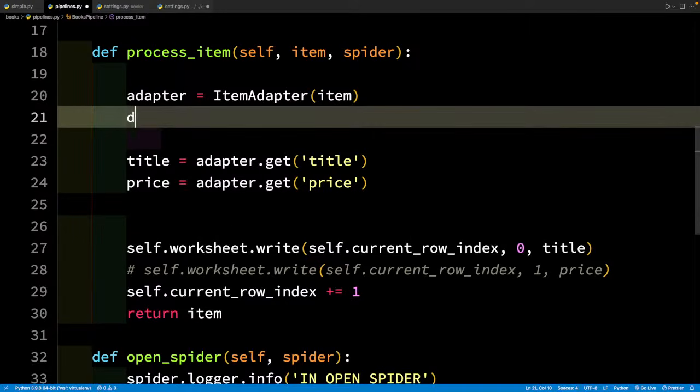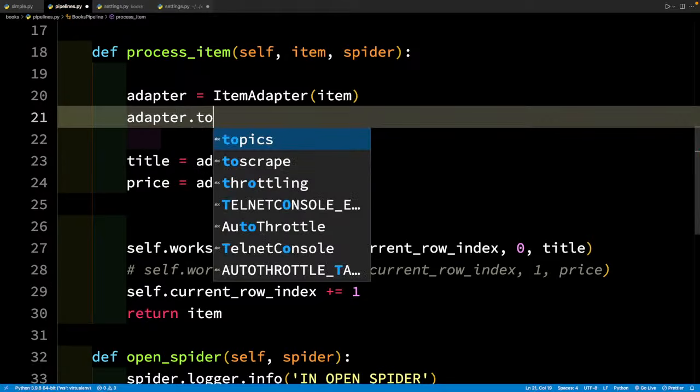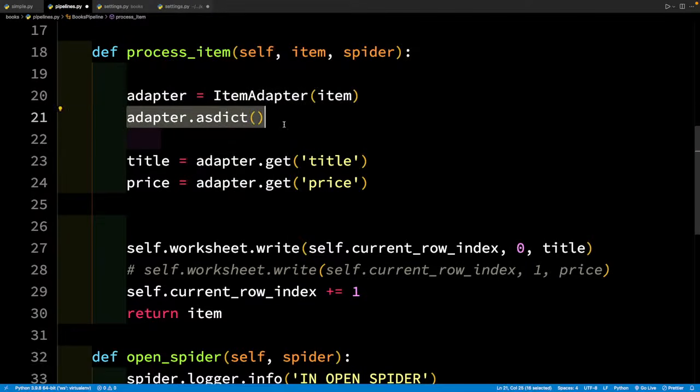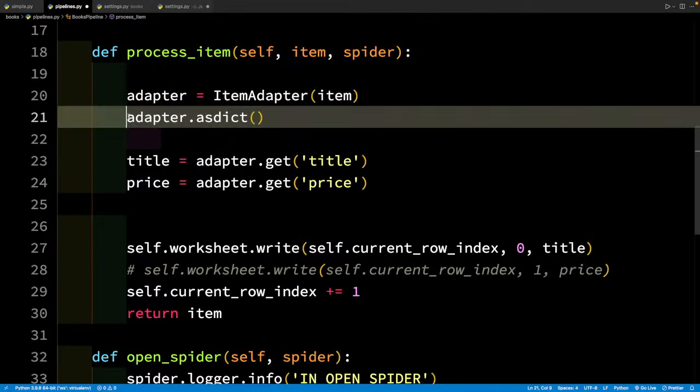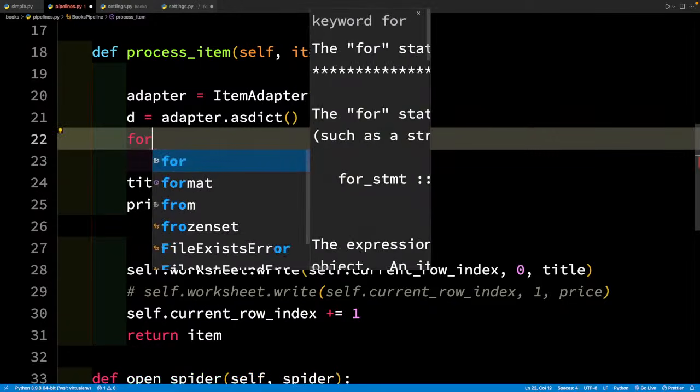Let's call adapter dot, not to, as dict. This method is going to return a dictionary, guaranteed. The benefit is that no matter what kind of format or object you are using, it is guaranteed that you are going to get a dictionary. So once you have a dictionary, very simple, you can run a loop